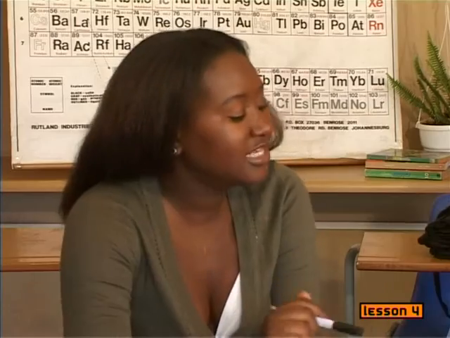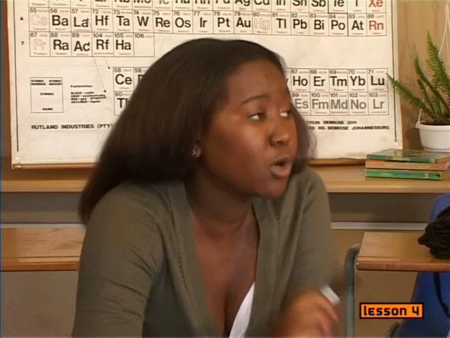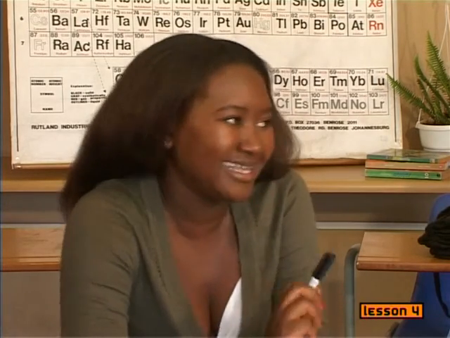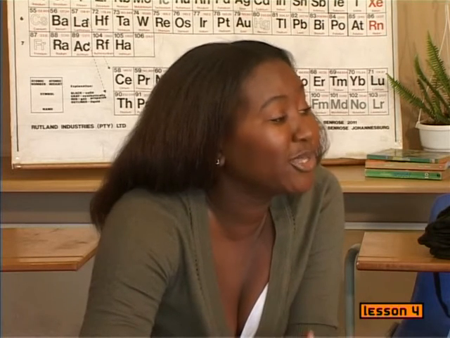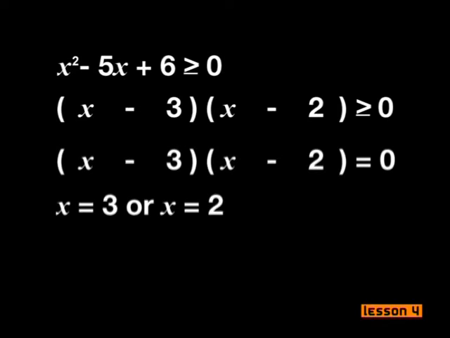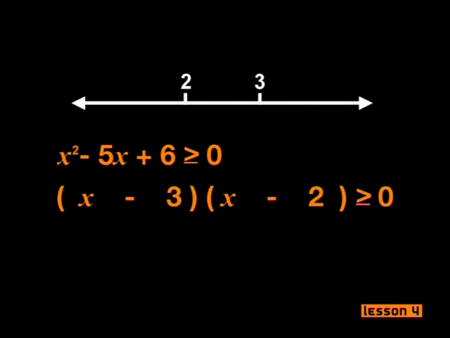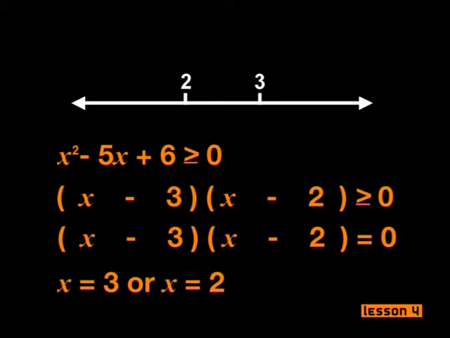Okay. This method is similar to the table method. This method also involves critically considering all possible regions of the solution. But in this case, instead of using a table to do this, we use a number line. I'm going to use the same example we used for the table so that we can compare the solutions. We are going to use the number line and only look at the left-hand side of the inequality and use the values to help identify the set of solutions. As I explained before, the values are useful because they help us identify where the signs change from positive to negative or vice versa. We are going to pick a number in each region and substitute this into the left-hand side of the